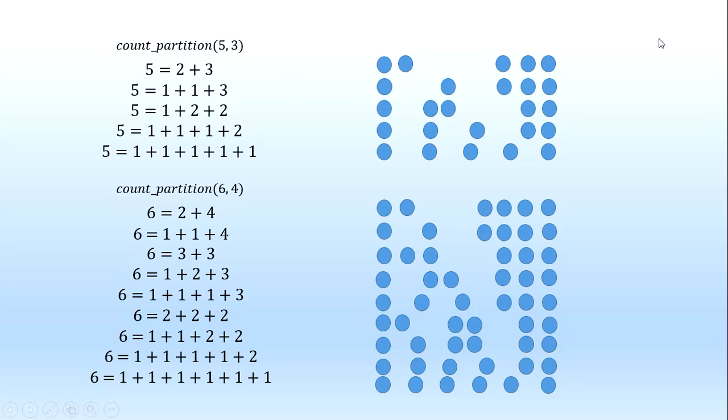So what are the choices that use at least one 3? Well, only the first two. So now, what is the solution to this problem? Well, it's really the ways to count partitions of 2 using parts up to 3. So here, once I use a 3, I only have 2 left. And then at the end of the day, the solution to this smaller problem, focusing only on this problem, is